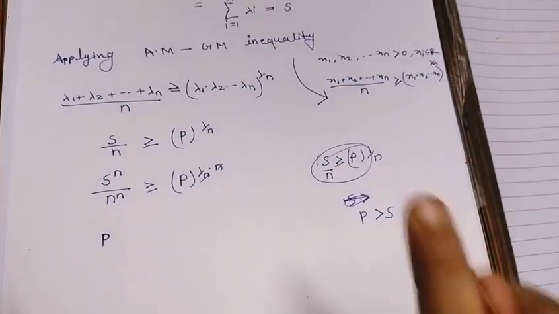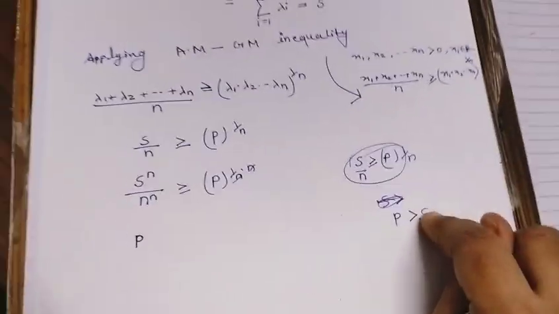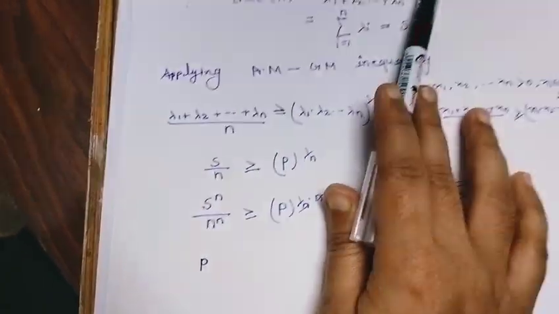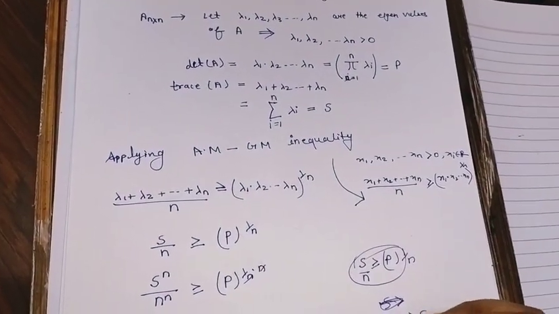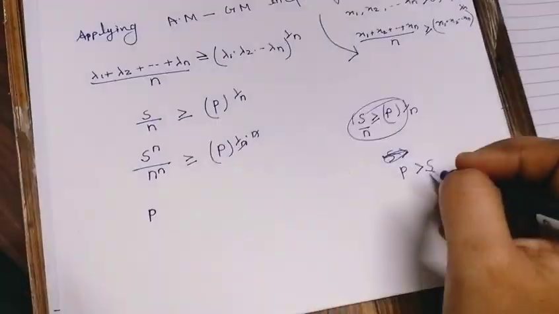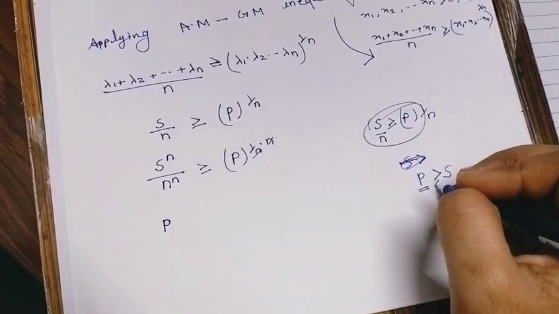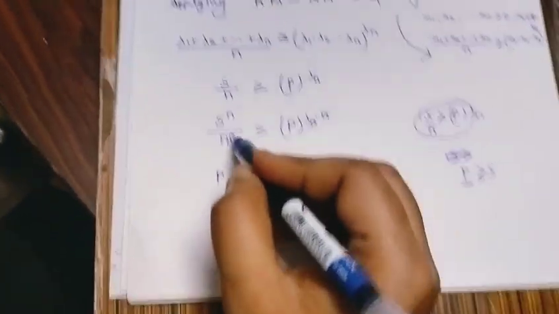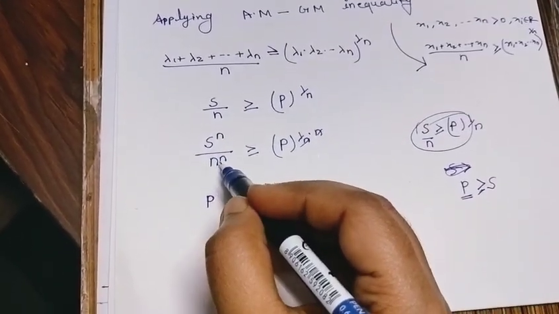Okay, if I multiply two positive numbers and add two positive numbers, since they are strictly greater than 0, so these are positive numbers. So if we take the product of positive numbers and we add positive numbers, then product will always be greater than or equal to sum. Okay, so if this is s raised to the power n by n raised to the power n